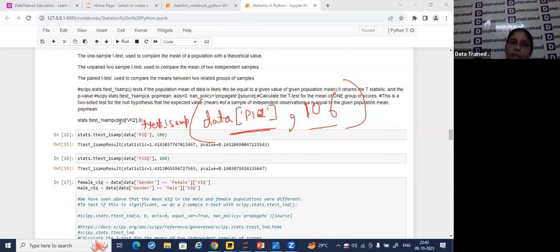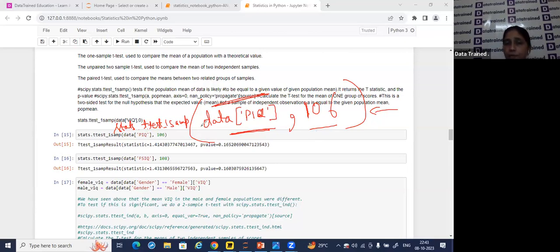So here, stats dot t-test one sample, and I'm taking the PIQ column and saying this column mean is identical to 106. I executed this t-test one sample, and once it does all the work